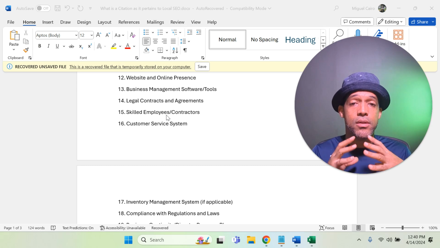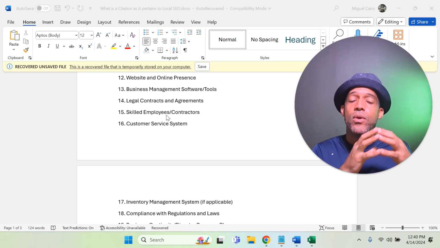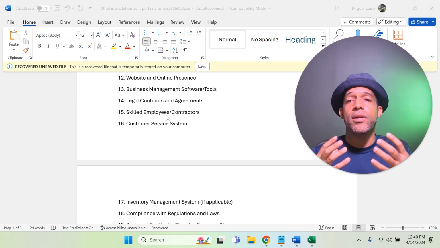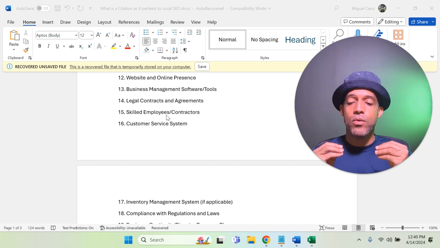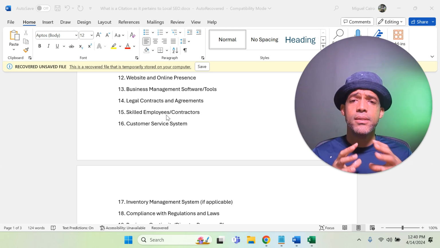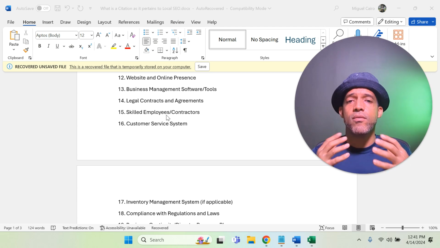Yes, that's a good strategy. Some people do not like working with others, and they like to control everything. So if you don't want employees, that's fine. You can do it all by yourself. But